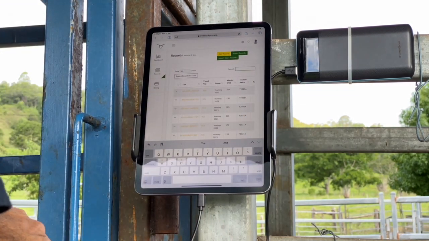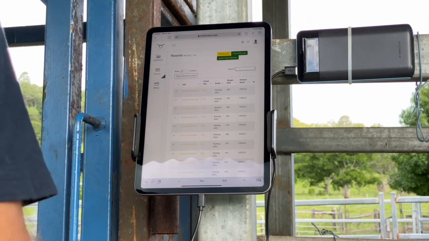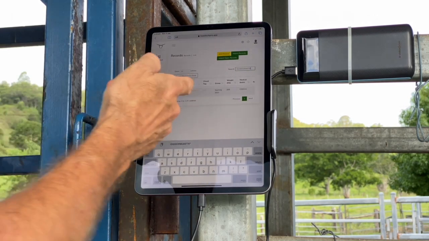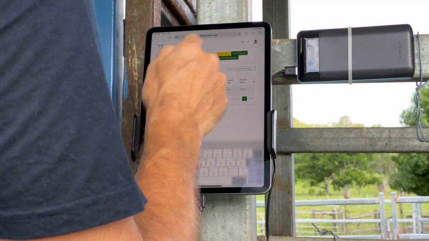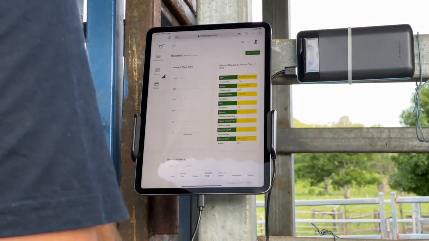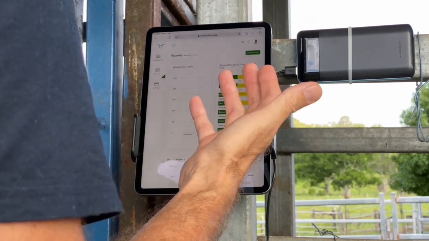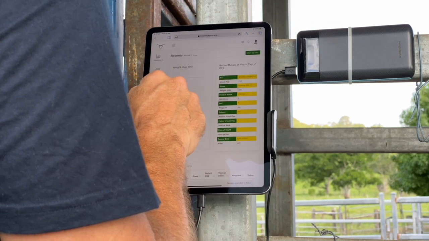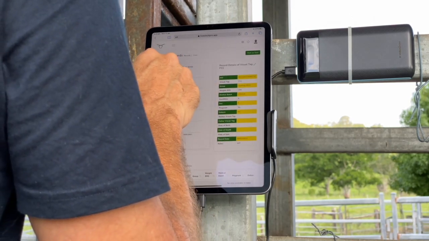So again, if the visual tag's been lost, okay, ready to scan. Scanned her tag. Up comes her record. Bring up her record. There it is. So I can do it when I'm in the yards. So if I need to replace a visual tag or I need to replace an electronic tag, I've got one there too. So basically going into these records,